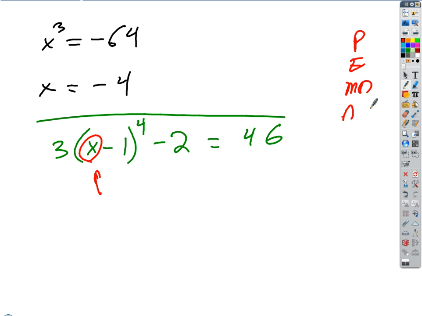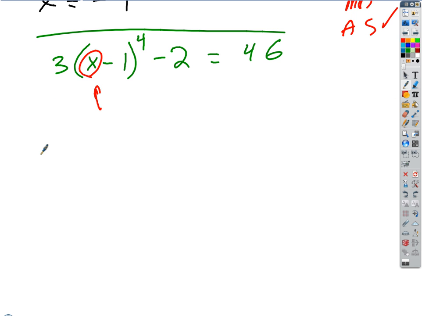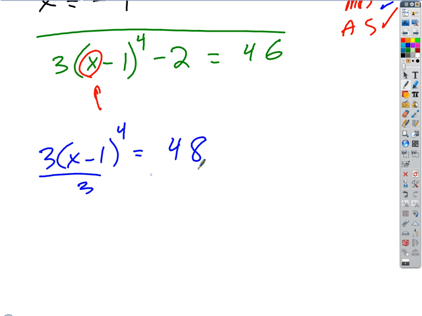Plus 2. Yeah, the first step is going to be add or subtract to both sides, so we add 2 to both sides. After that step, we get 3 times the quantity x minus 1 to the 4th equals 48. I don't know if I made this work. Yeah, I did, it works. Okay, so now what's next? Divide by 3. So we get the quantity x minus 1 to the 4th equals